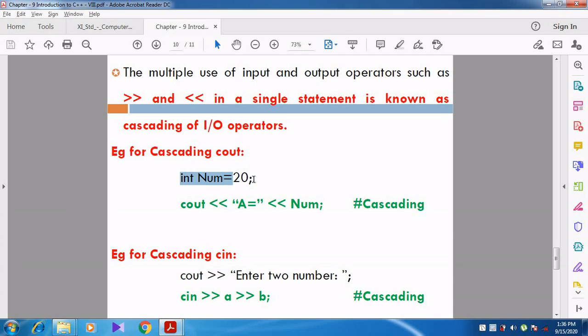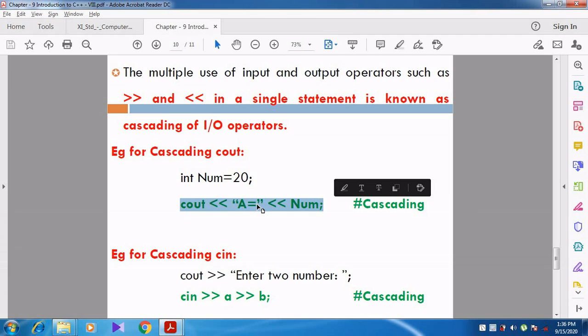int num = 20. What is the meaning of this line? 20 is a value that is assigned to the variable num because of the assignment operator. Then cout << "a = " << num. We have given double quotes, and double quotes mean a string, right?